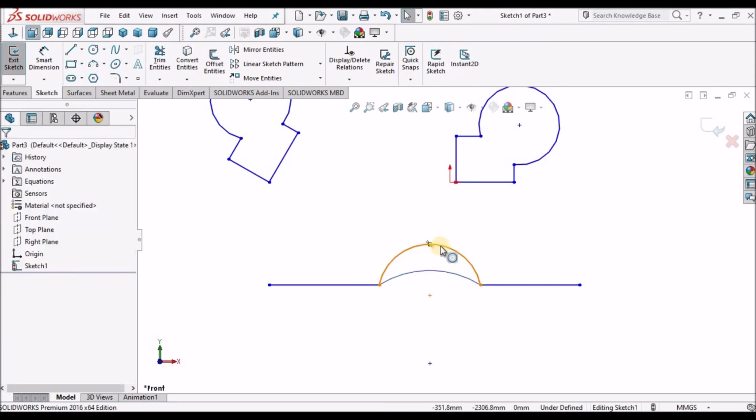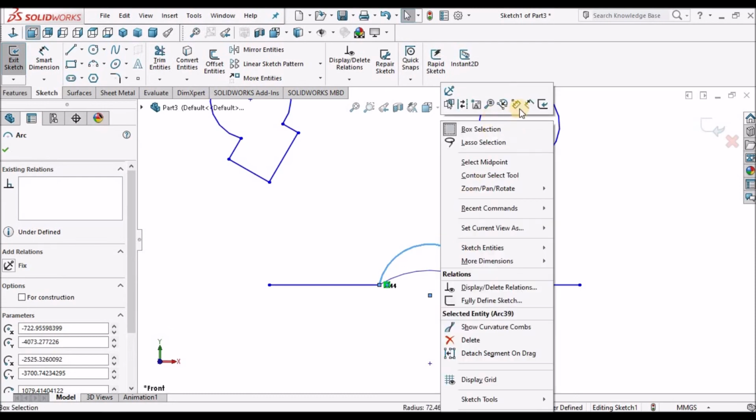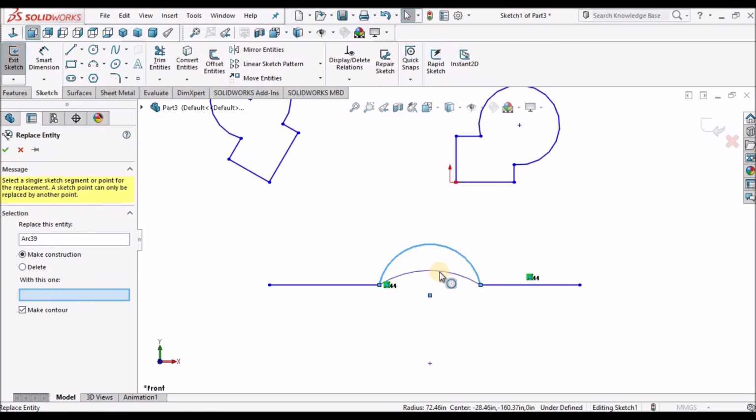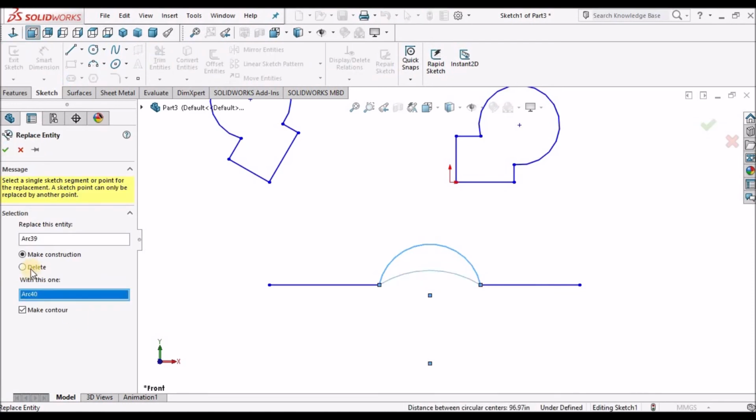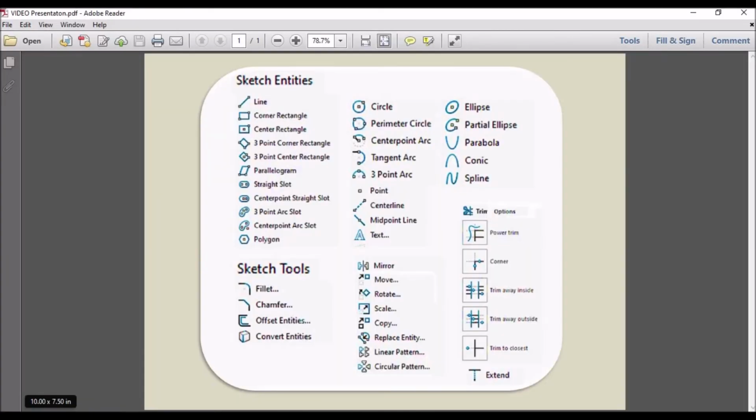See, this is my initial sketch. I want to replace it with this. It will ask whether to keep it or make it construction. I want to delete it, so I can delete. So the old sketch is replaced with the new one. Okay, so all these features are completed.